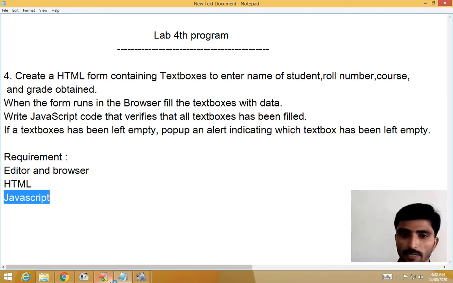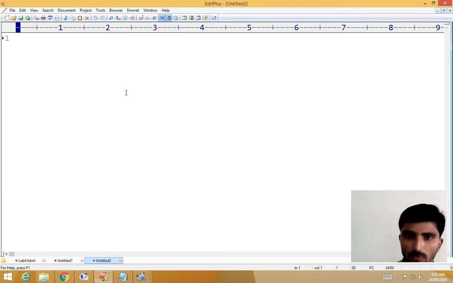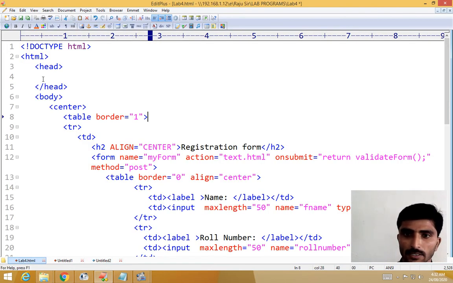First I want to create one simple document like this. We have to follow the HTML document structure. I just want to show how to create it.